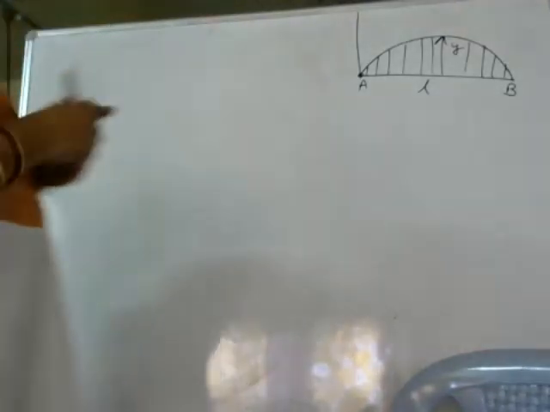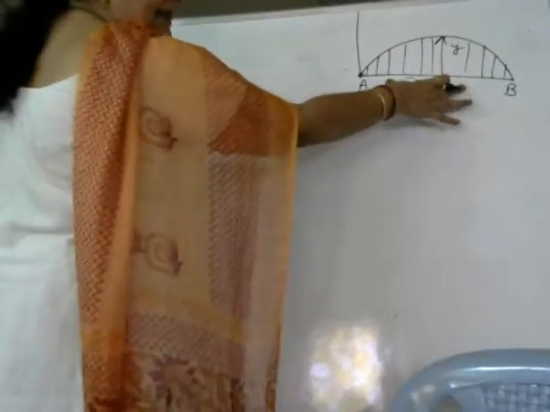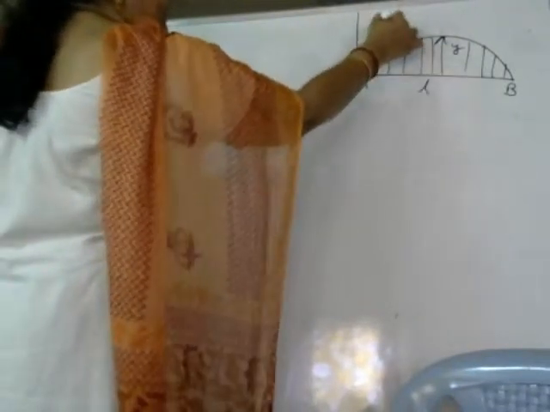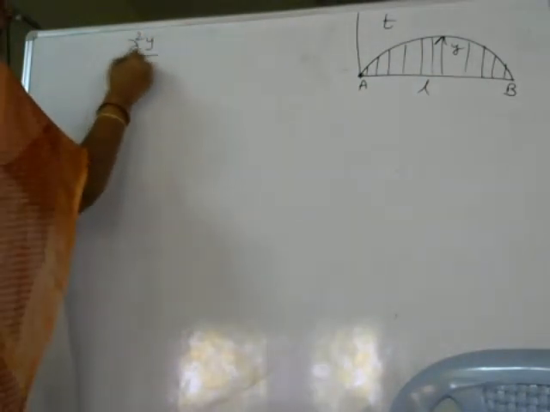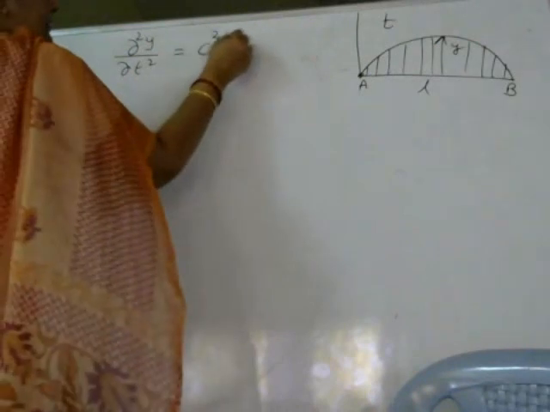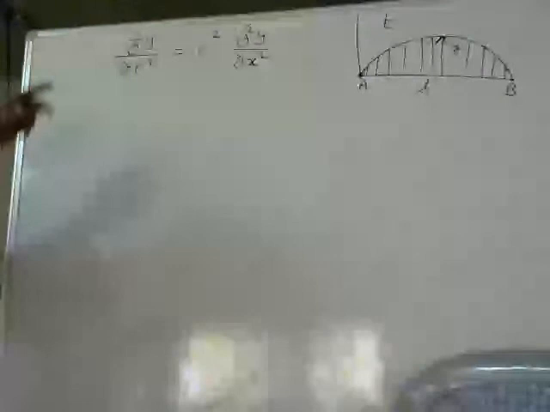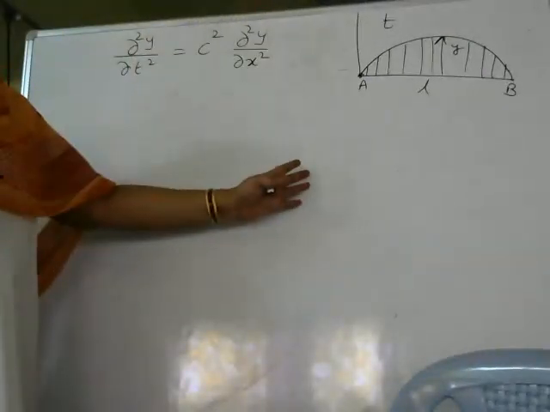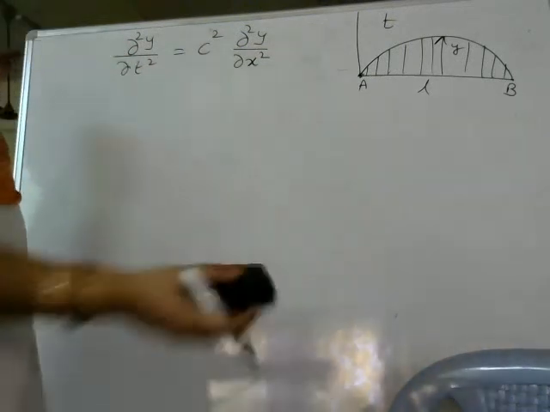So if y represents the displacement of the string, x represents the length of the string, and t represents the time, the wave equation is written as del square y by del t square is equal to c square del square y by del x square. I will solve the solution part clearly on two parts of the board. Better you take this down in your notes, because this is one of the most important, 100% guaranteed essay questions we may come across in Unit 5. Wave equation matters in the question paper. So better you take this one.